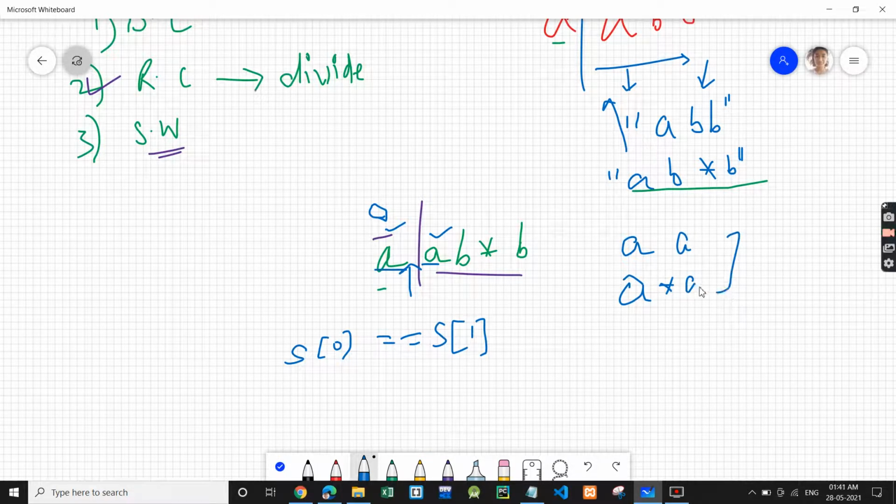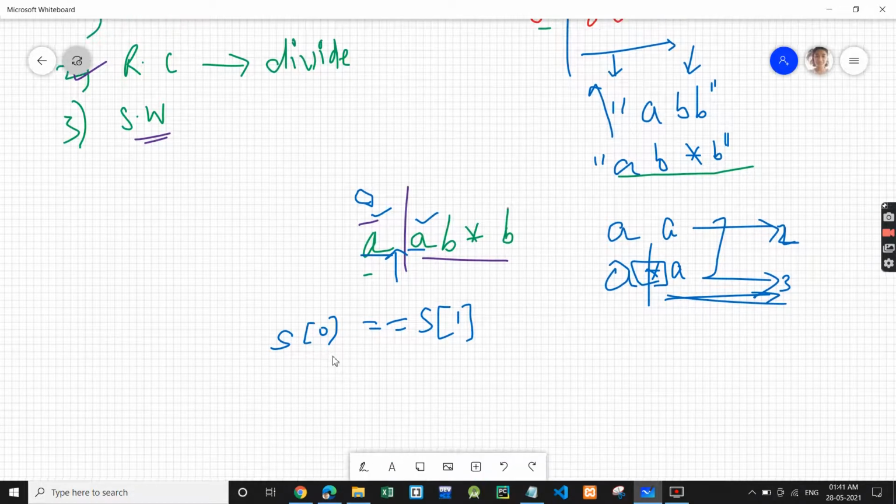So what difference can you see between these two? The difference is that this has two characters, and this has three characters. So again the same problem. Since we need to insert a star, we need to have one extra space to accommodate the star. So we'll make that extra space. We'll move all characters which are to the right by one position.